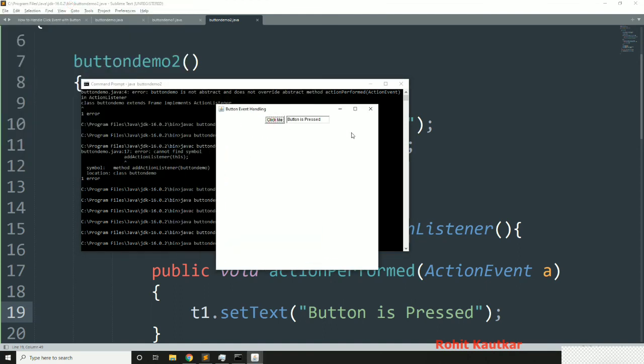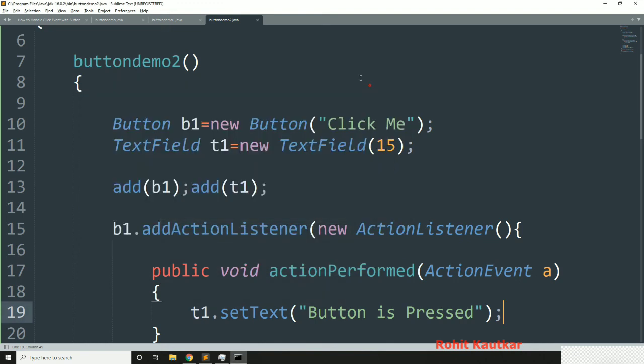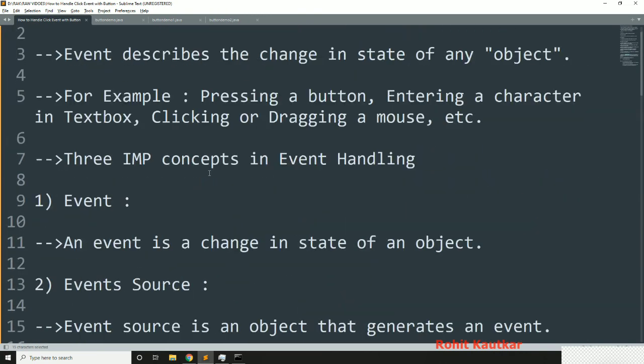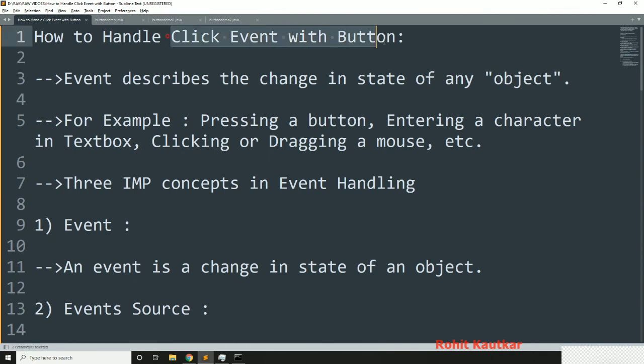If I click, you can see we got the message "button is pressed" within the text field. So these are the different ways through which you can handle the click event for an AWT button in the Java programming language.